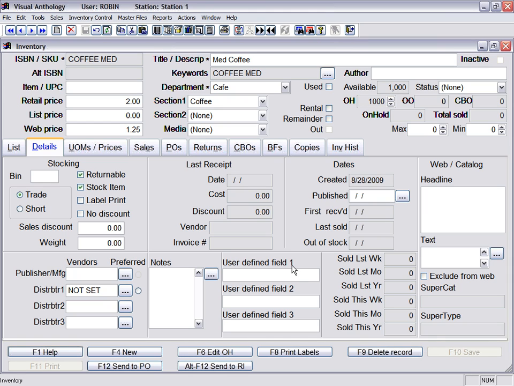Okay, so I might do a large coffee, etc. Let's use the example of tea. And I can go ahead and clone this if I want to. I can hit F4 new, whichever way works best for me, because I'm going to end up tweaking most of this anyway. So I'm going to say tea small,